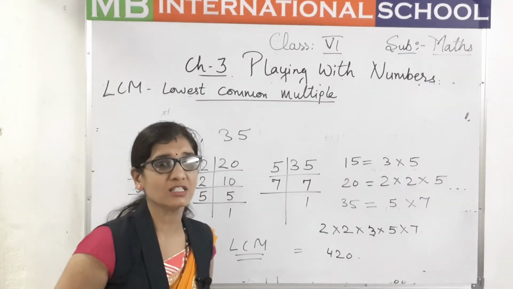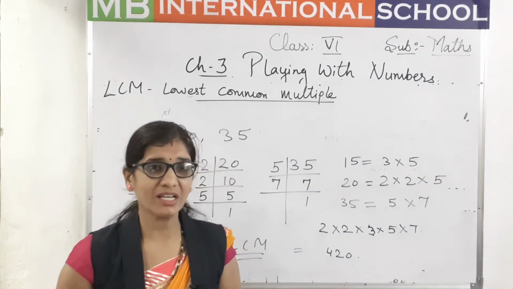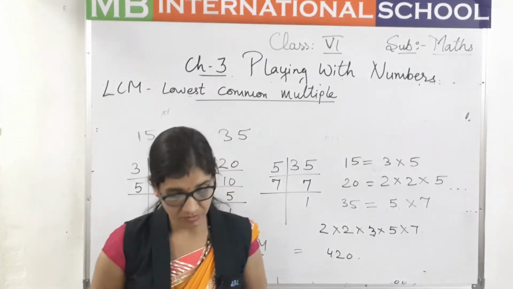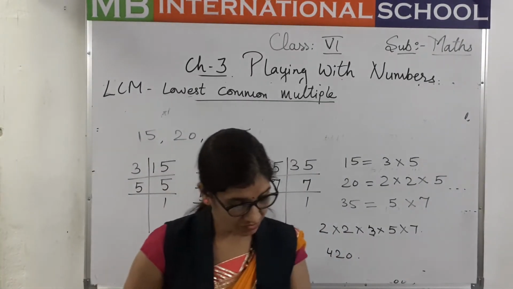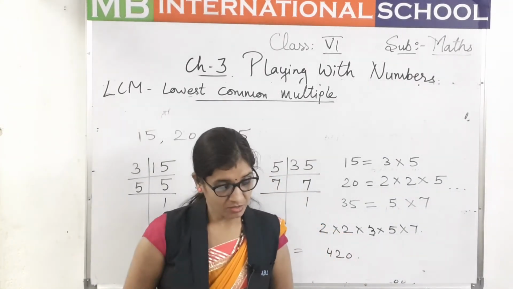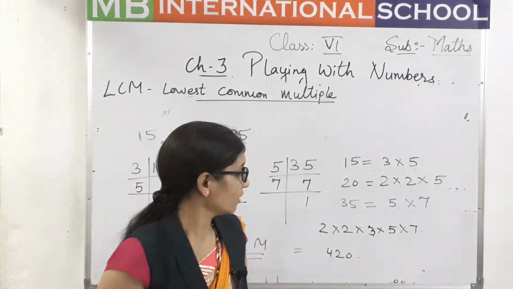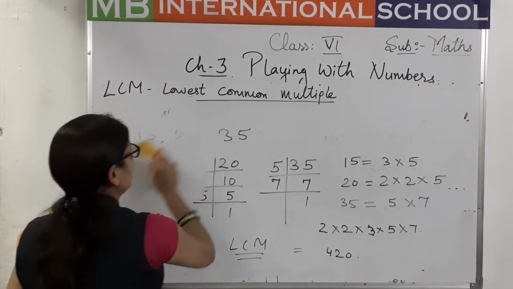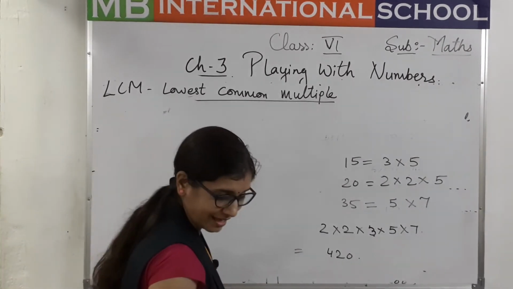The same way we can solve LCM of more than 2 numbers, and easily we can solve it by this method. Now children, one more method is here, that is LCM by the division method also. In this method, the division method, we are taking it as a common number. In step 1, firstly we have to arrange the given numbers in a row. That is, we can find it out commonly. First we have to write the numbers, arrange the numbers. This number only we are going to take as the example.